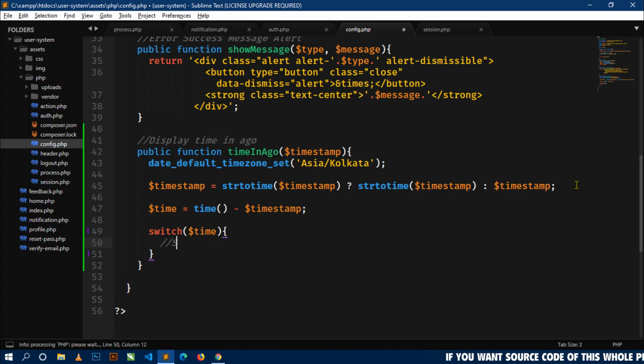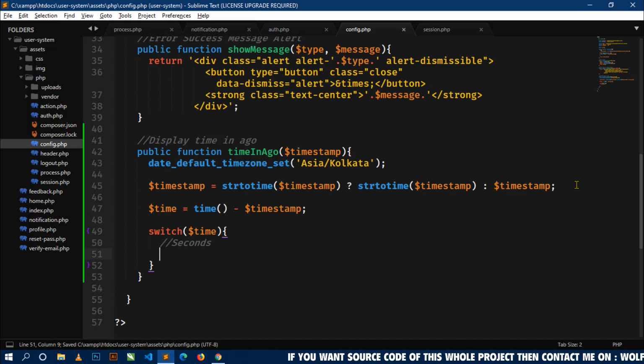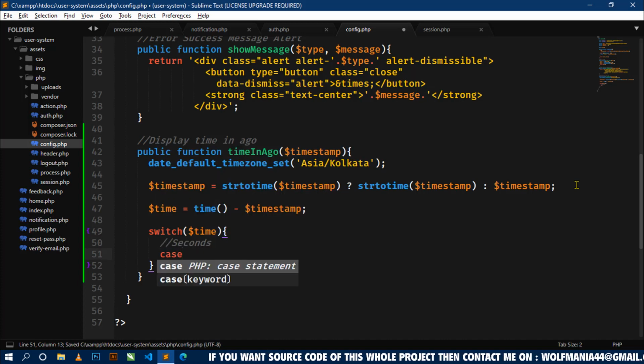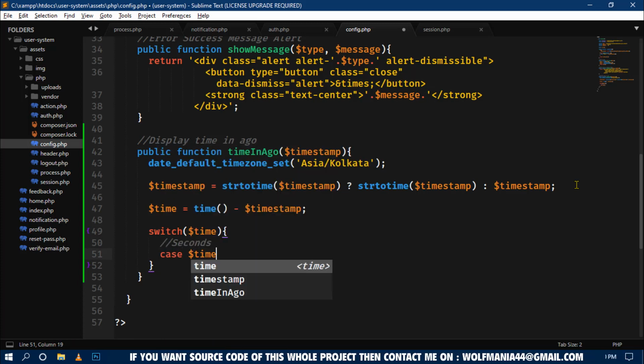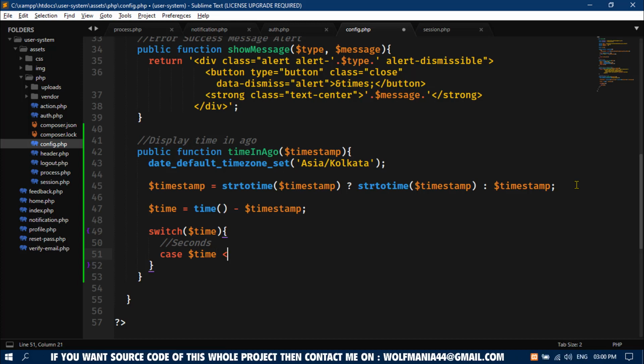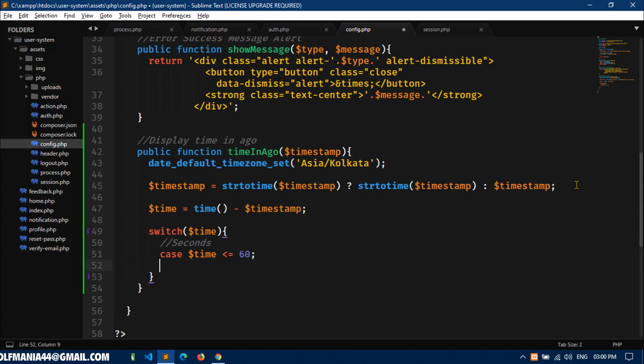Okay, so here just write seconds, and in case I will write $time is less than or equal to 60 seconds. Okay, if time is less than or equal to 60 seconds, then what I will do is